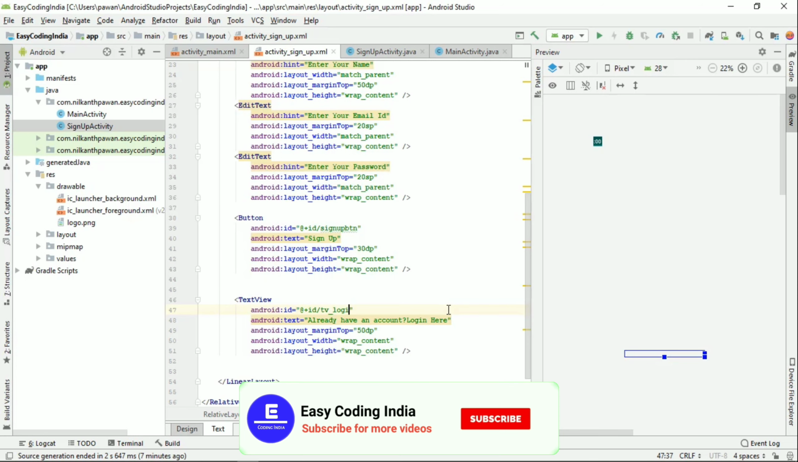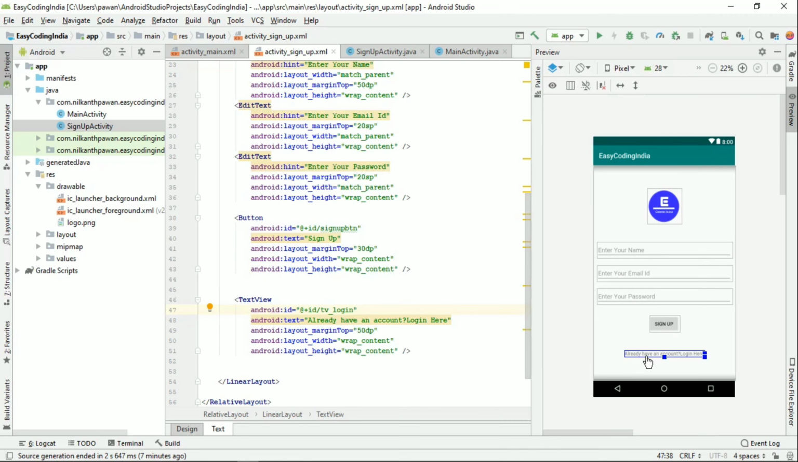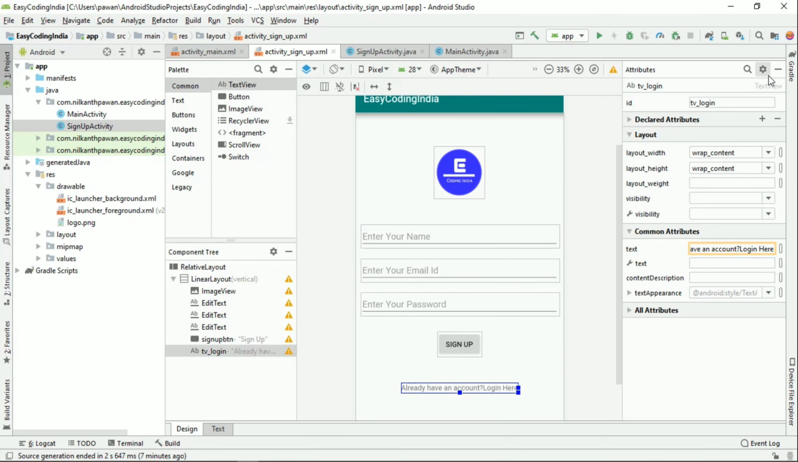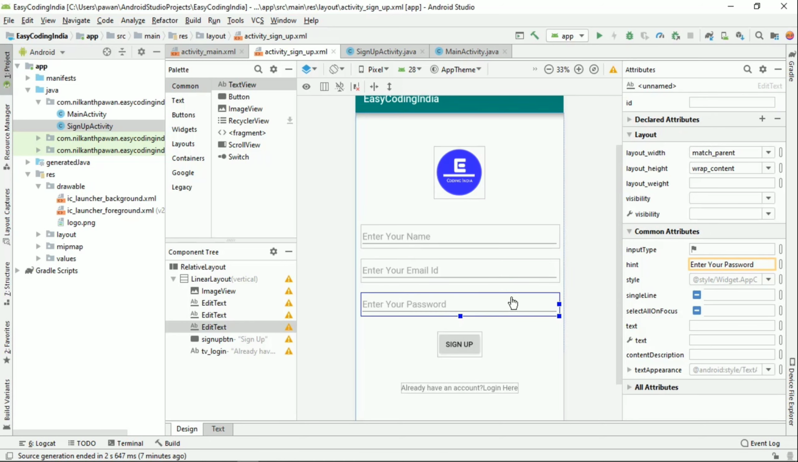TV login, simple. You can set this ID. We can see this here also. You click this one. You can set here TV login ID, and sign up already have an ID. Password, look, password doesn't have ID. We cannot set ID, so we can set ID. User password